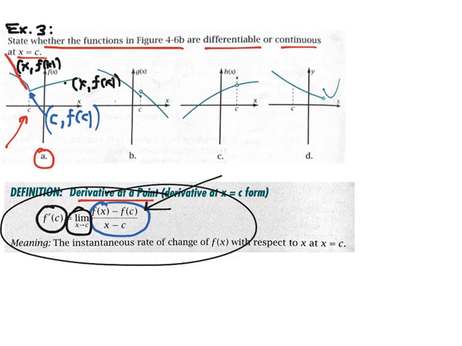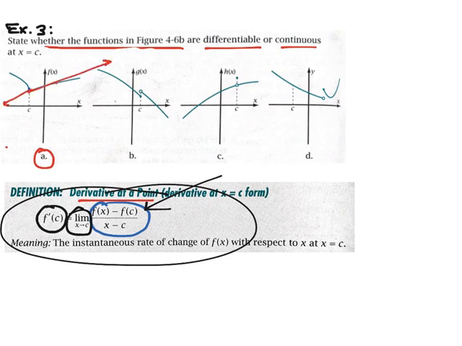If you look at the secant lines when x, f of x is to the left of c, f of c, and what happens as x, f of x gets closer to c, f of c, the slopes of the secant lines will approach a particular limit. And that limit will be different from the limit of the slopes of the secant lines as the point x, f of x approaches c, f of c if x, f of x happens to be on the right side of c, f of c. So because the slopes of the secant lines will approach different values as the second point moves closer to the first, depending on if the second point is to the right of c, f of c or to the left of c, f of c, this particular limit will not exist